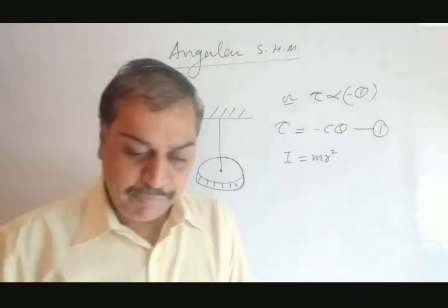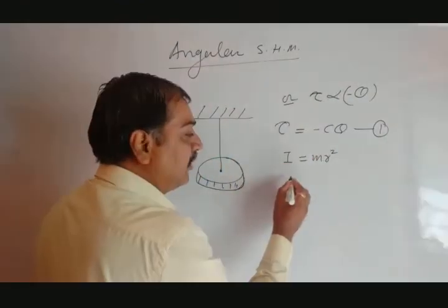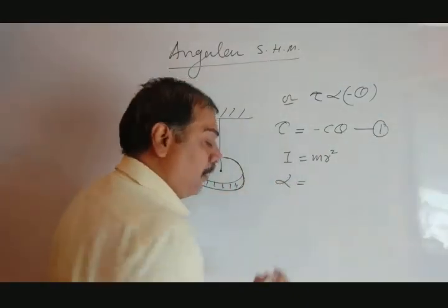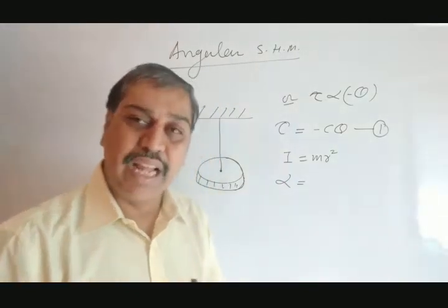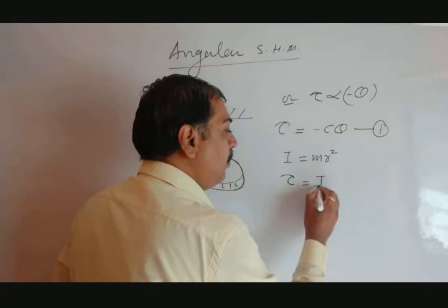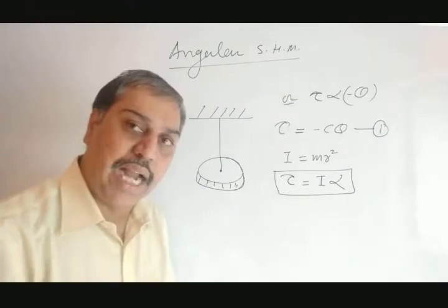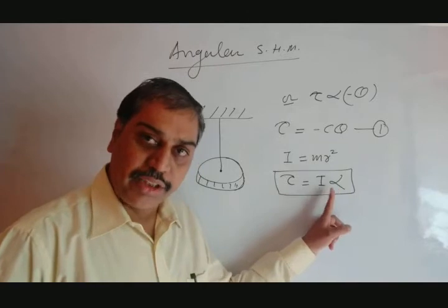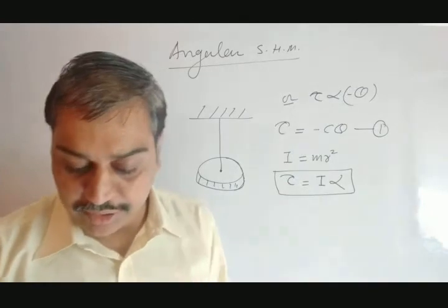After that, here this alpha is related to moment of inertia. Alpha means angular acceleration, not angular momentum. Torque tau equal to I into alpha. This is one of the relations that we are going to derive in one chapter, and at that time we'll see it in detail. Just remember now this relation between torque, angular acceleration and moment of inertia: tau equal to I into alpha. This is one of the equations that you have to remember.